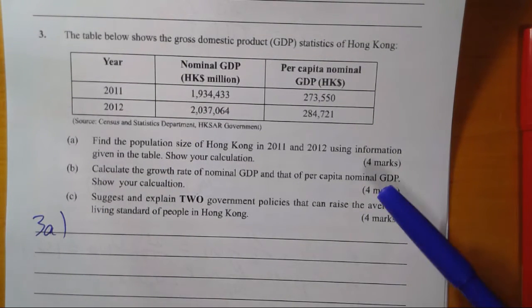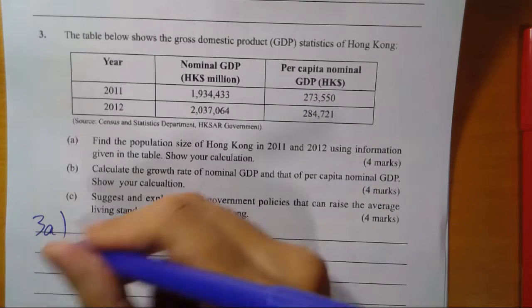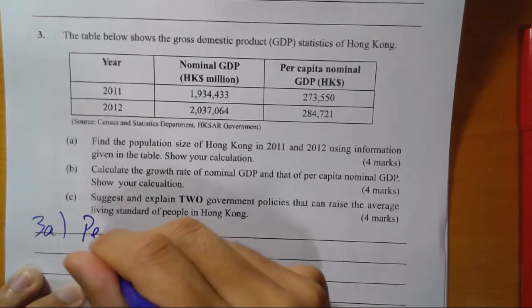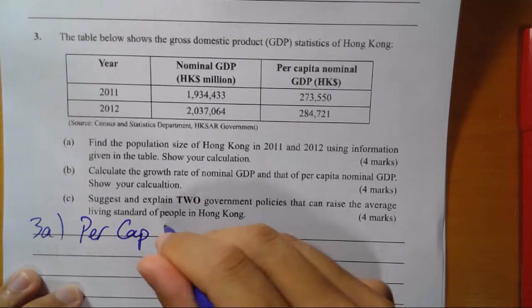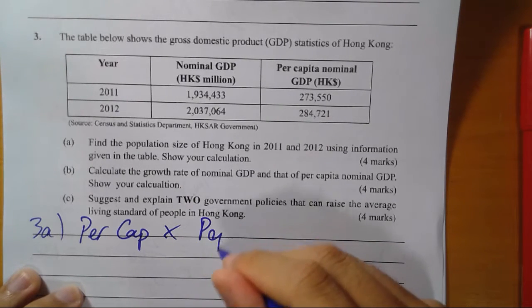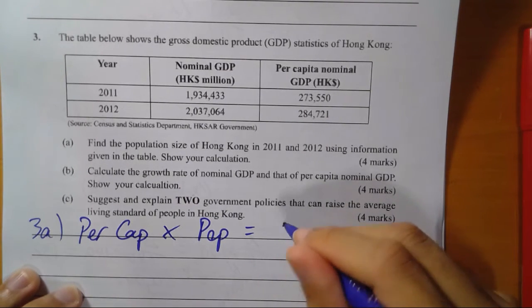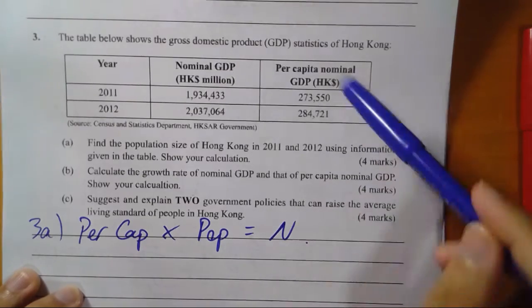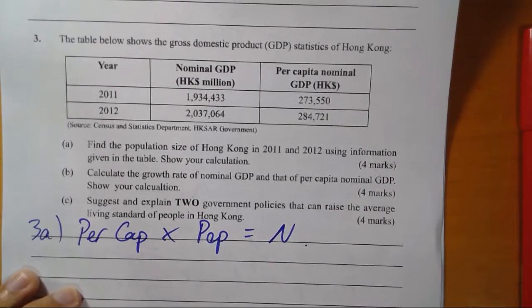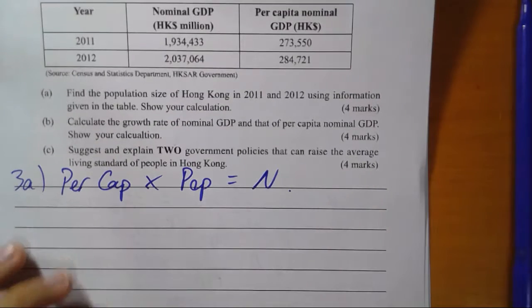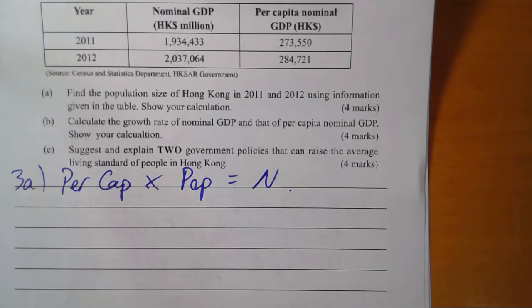How do we find the population size? Remember, per cap times population equals the nominal. 你咪塞翻個數落去咯，你自己塞翻個數落去㗎。我唔想嘥時間。